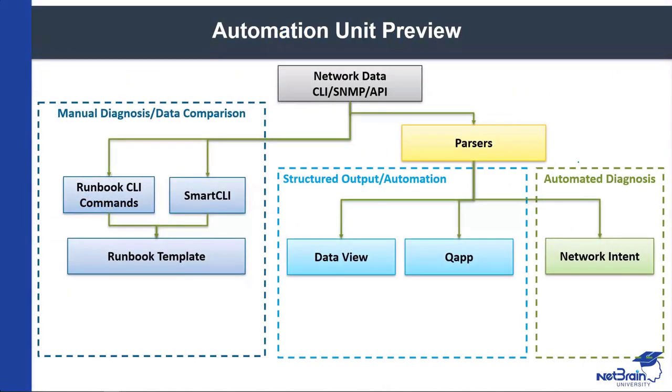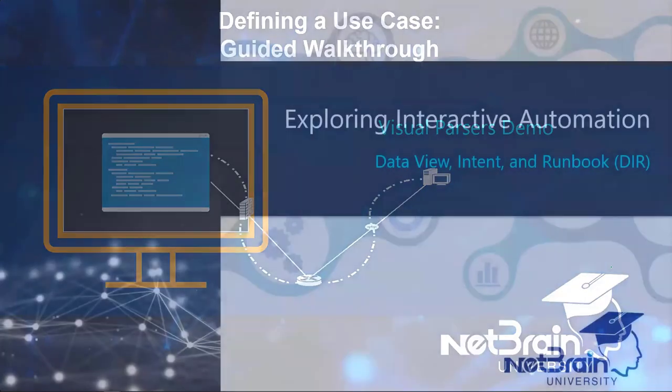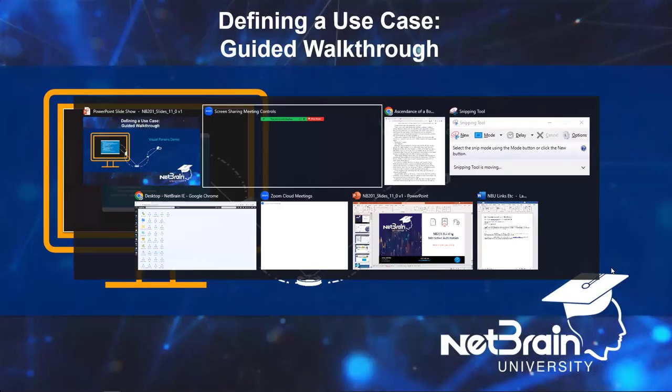So this is just a brief overview of some of the relationships between the different types of automation units in NetBrain. So as we see, parser files are the basis for our data view templates, our QApps, and our network intents. So let's go ahead and learn how to build